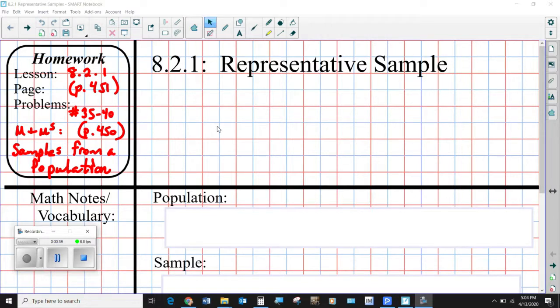So that's what this lesson is going to be all about, the different ways that you can sample a population and the best way to do it to ensure that the results of your sample are as accurate as they can possibly be, because the people in your sample have the same demographics as the people in the total population. So let's get some